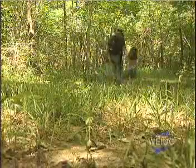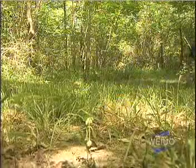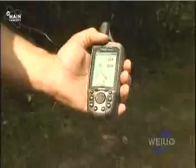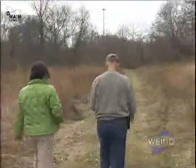Geocaching began in 2000 when the government removed selective availability from global positioning satellites, allowing personal GPS units to become more accurate. Brett says it wasn't long before the hunt was on. A man in Oregon named Dave Ulmer was part of a GPS enthusiasts news group on the internet, and he went out and hid a bucket in the woods in Oregon. And inside the bucket there was a